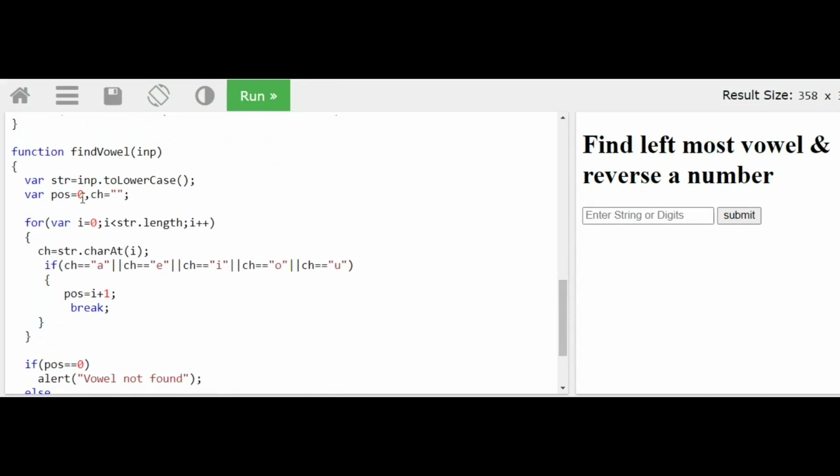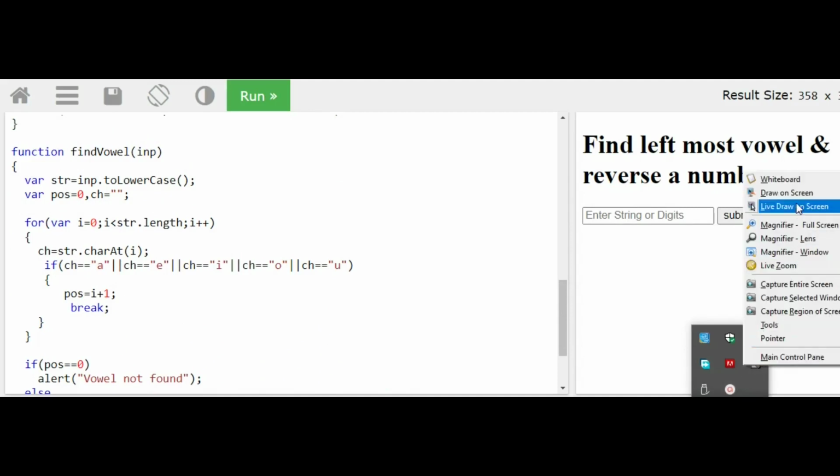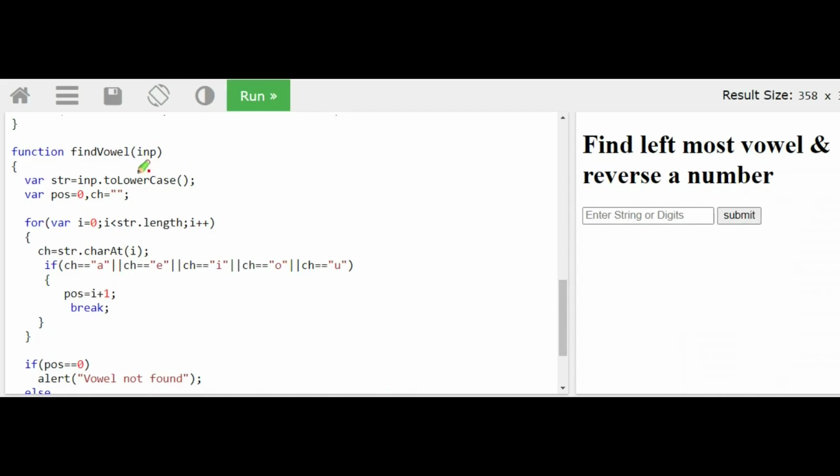First of all, you can see here I have passed the input text value to the function as the INP variable. Now I will convert that entire variable INP to lowercase using the JavaScript default function toLowerCase. What is the use of this?